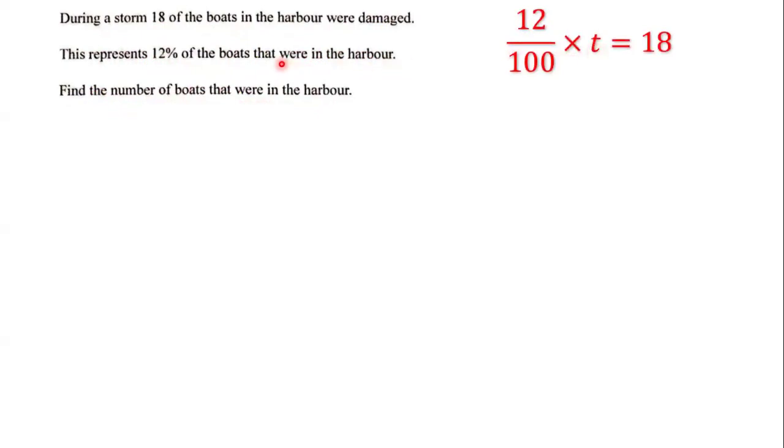Now, what we do know is 12%, and 12% is 12 over 100 written as a fraction. So 12% of the total number of boats that were in the harbor were damaged, and that is equal to 18 of the boats. So that's why we have 12 over 100 multiplied by t is equal to 18, because